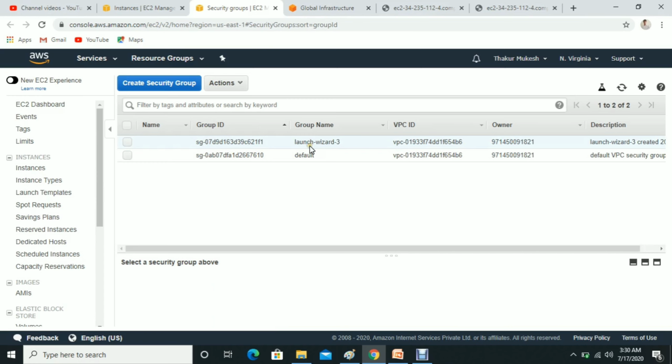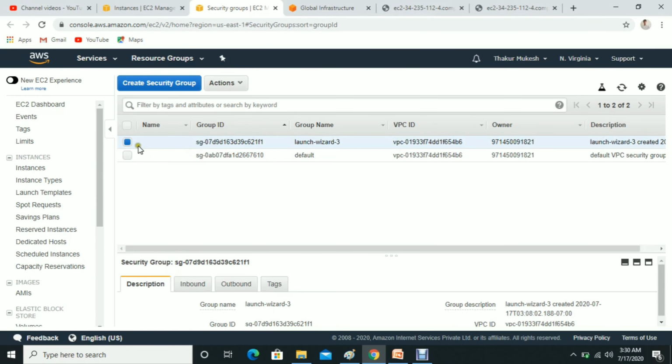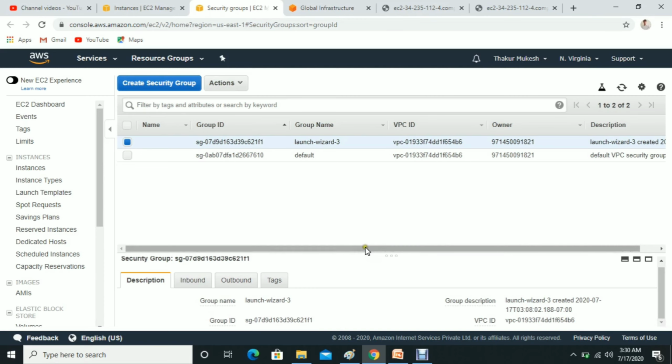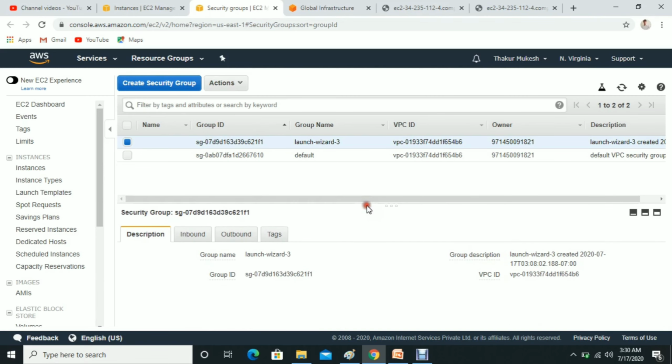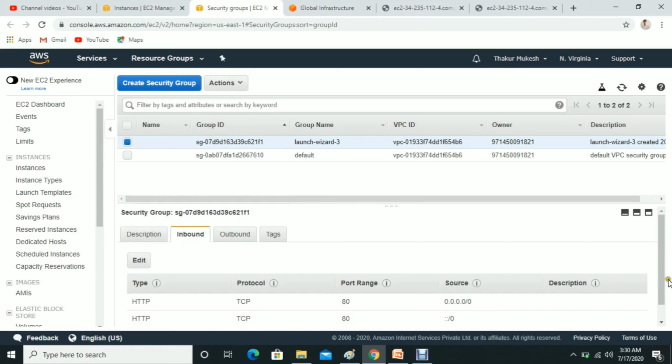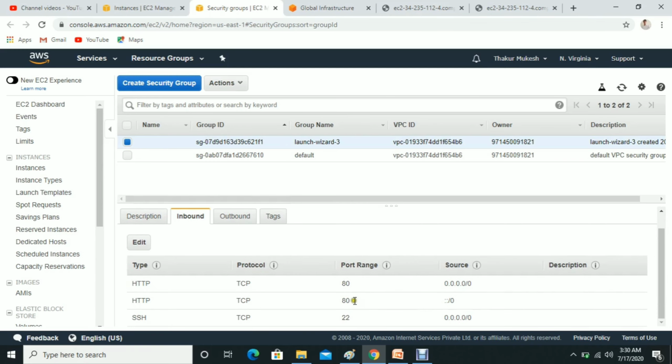So this security group is attached to the instance, right? Let me select it. If you go to inbound, you can see HTTP port 80 for IPv4 is open, one for IPv6, and port 22.